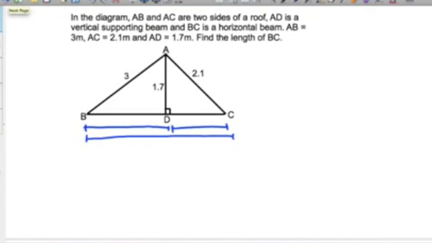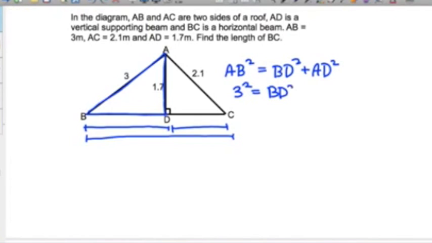So sometimes we need to make sure to take some steps, break things up a little bit to see what needs to be done, make some sort of game plan, and then go ahead and work on the problem. So, using the Pythagorean theorem, we're working on this first triangle, AB squared equals BD squared plus AD squared. So 3 squared equals BD squared plus 1.7 squared,